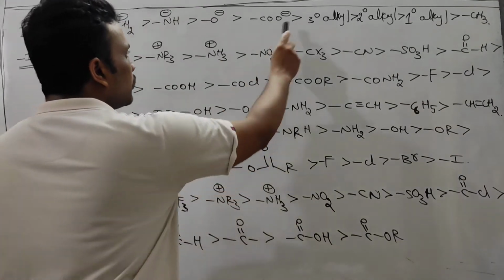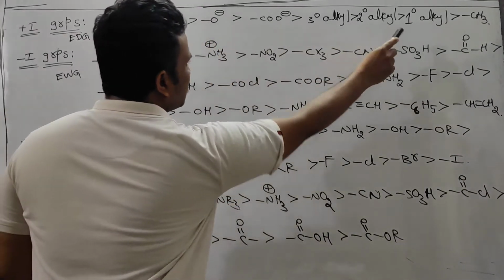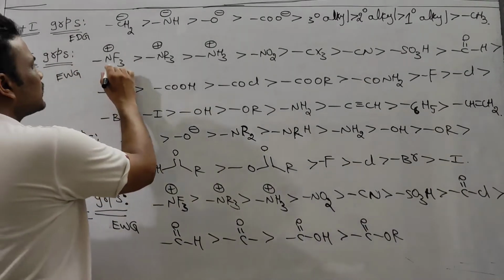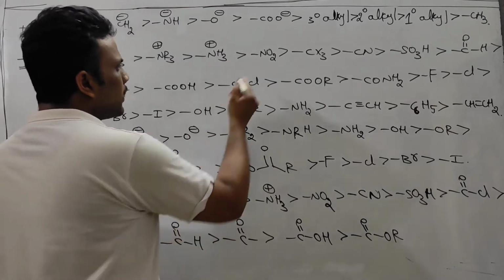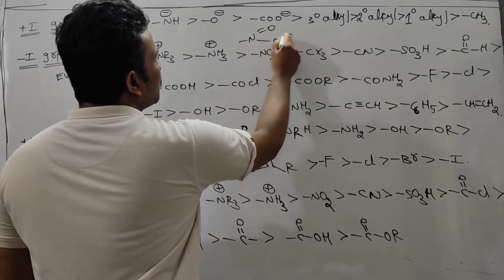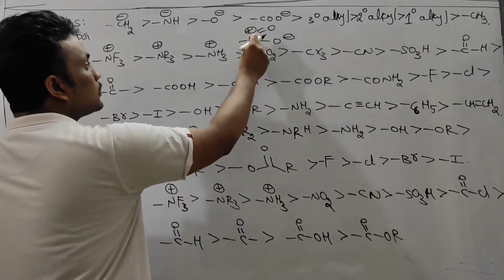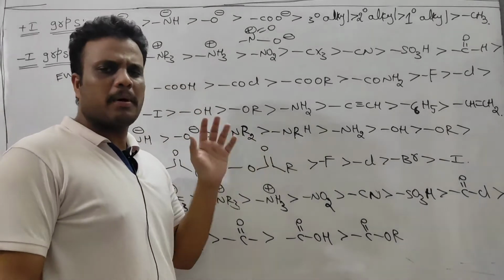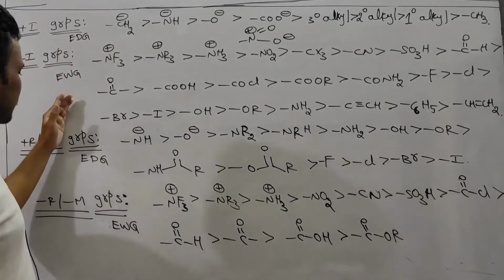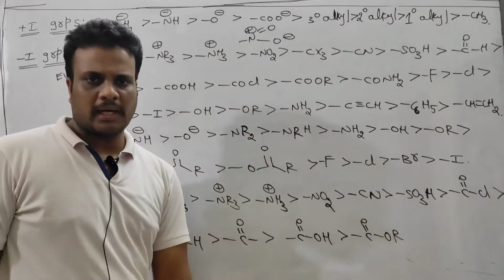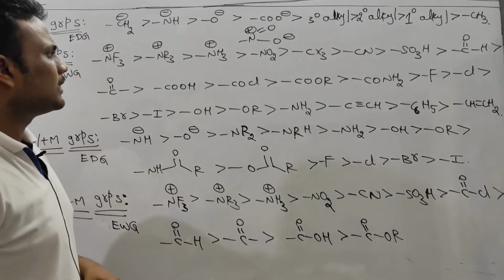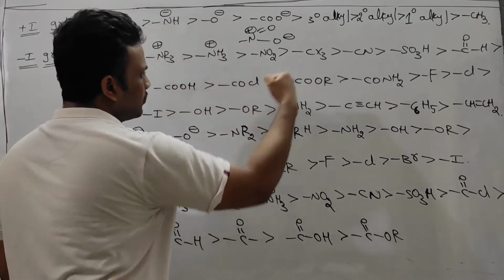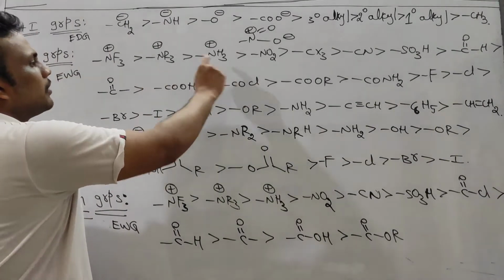In addition to alkyl groups, you can memorize these groups. Apart from these groups, all remaining groups are minus I groups. So, powerful withdrawing groups: nitrogen carries a positive charge. NO2 group you already know very well. In NO2 also, nitrogen carries a plus charge, no doubt. If nitrogen carries a plus charge, that is a very powerful withdrawing group with respect to both inductive and resonance effects. Because of the high effective nuclear charge on this nitrogen, it withdraws electrons. So that's why these are powerful withdrawing groups.